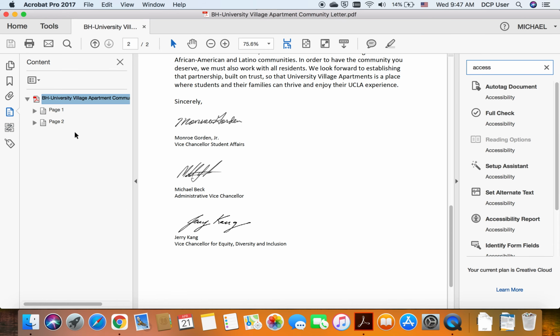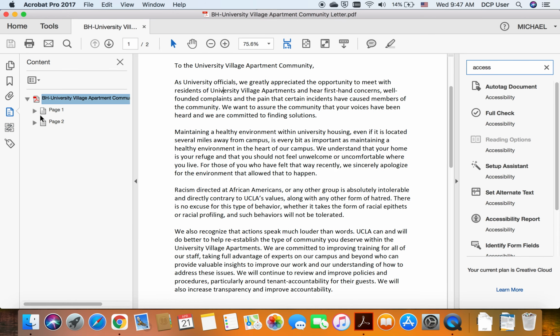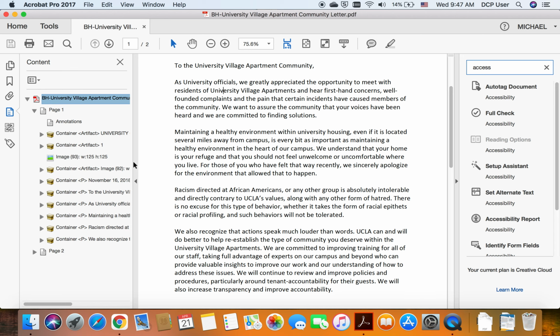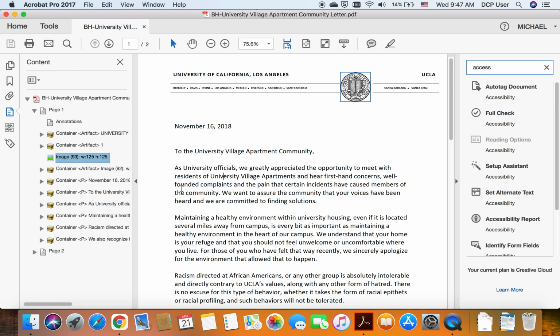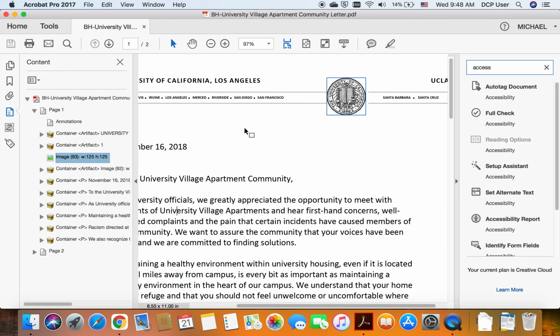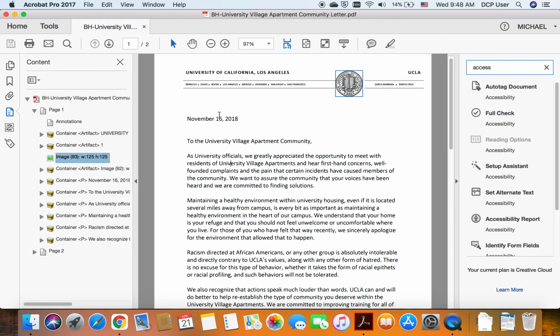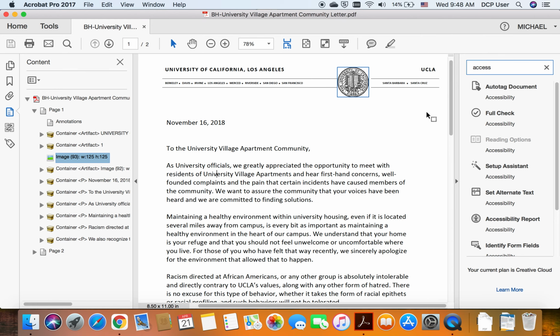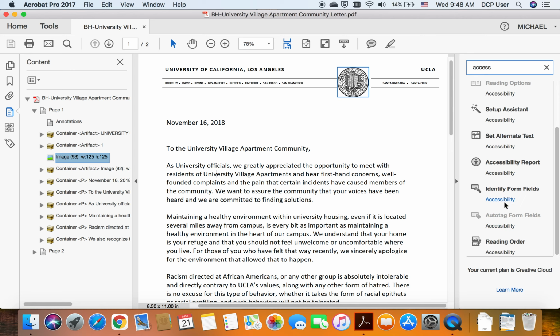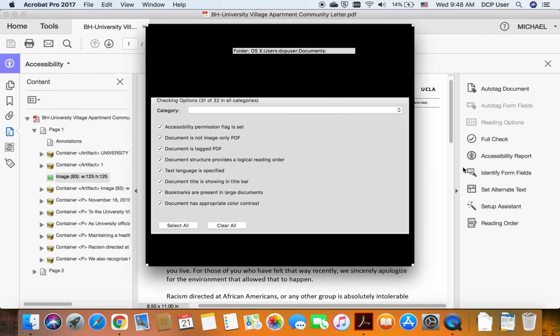Great. One more thing I'd like to point out about the content tab. You can see that not only are words and spaces represented, but these images are, any images as well. And of course, we have the image here of this UC seal of University of California. Let's say I didn't want to write an alt text for this image, because as of right now, if I run the checker,